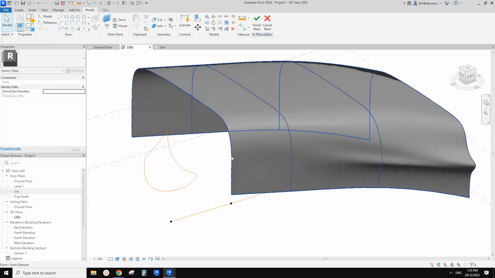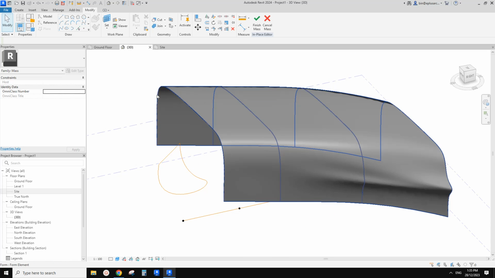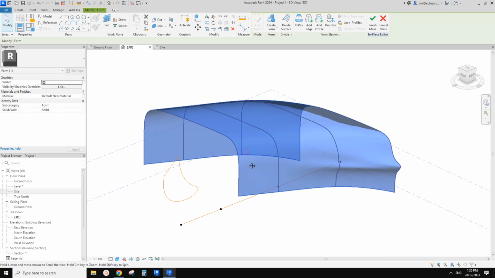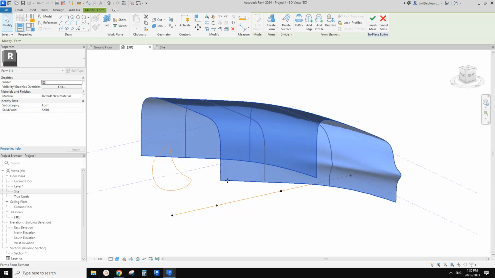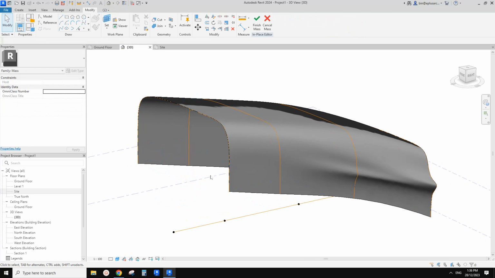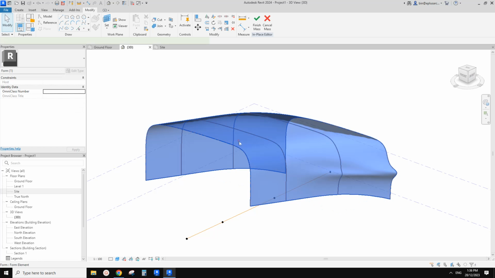I think if this is the issue, probably it's better to use spline through points. Anyway, let's just finish this one, and I can quickly show you how we can use spline through points for this. Okay, so for now I'm going to, okay, so this is how you can create